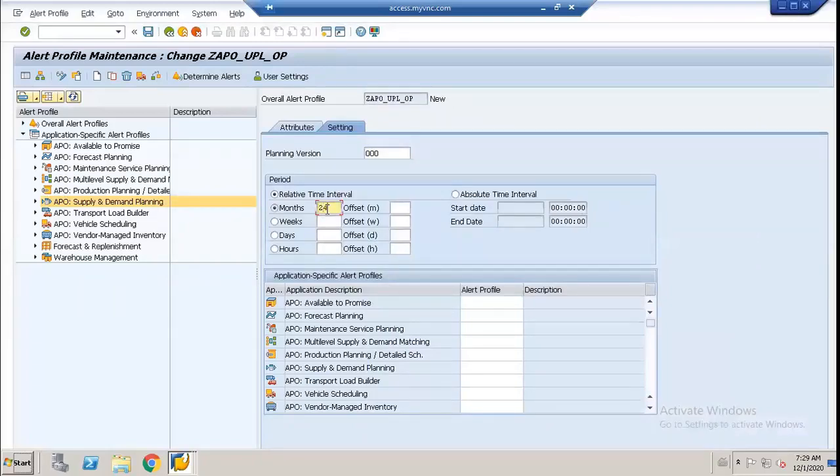Normally it has to be generated for future periods. Here I set it to 24 months. Why? Because my time series extension is for 24 months. I want it visible for 24 months. That's why I selected 24 months. Then next, go to here,